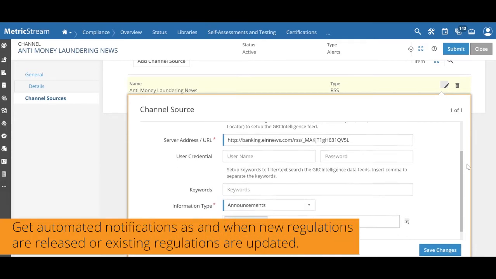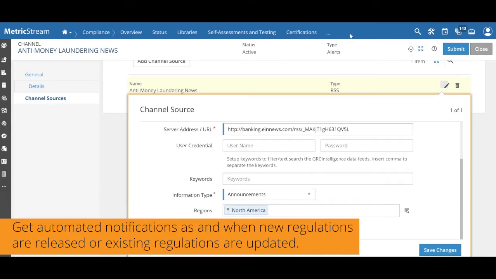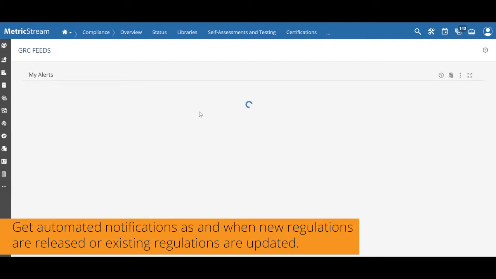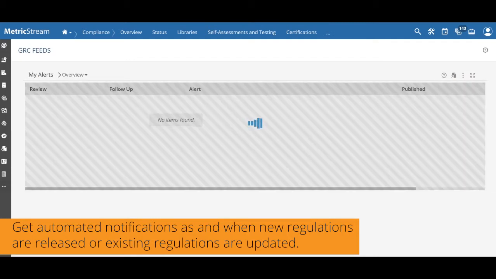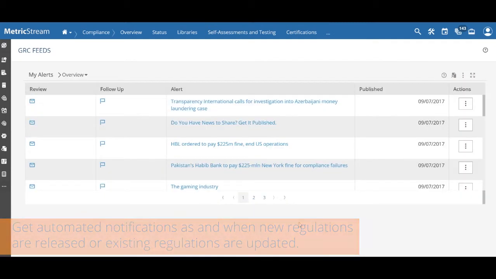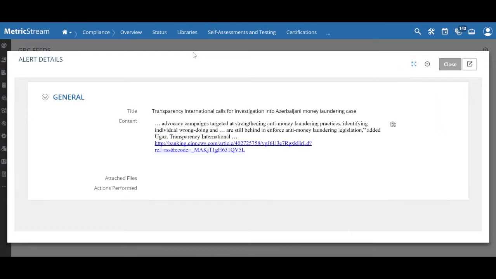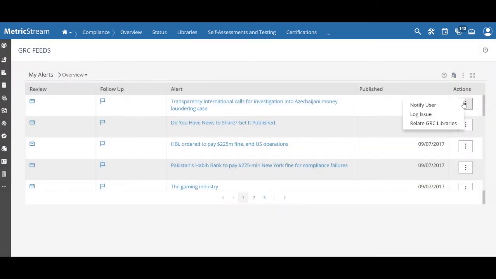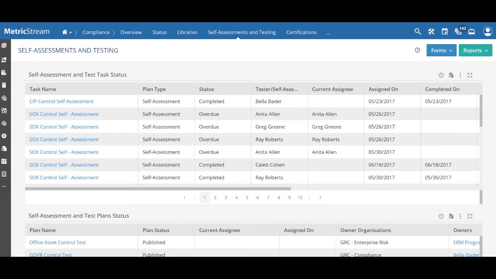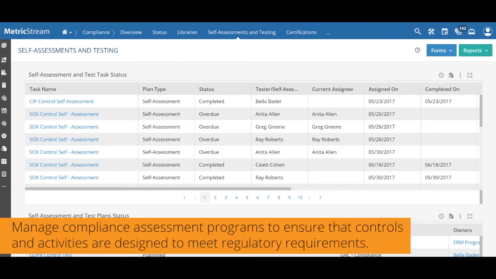The solution also provides automated notifications to concerned users as and when new regulations are released and existing regulations are updated. Authorized users can also view the details of those notifications, notify external users, log any issues, and relate to GRC library objects. The solution helps manage compliance assessment programs effectively, so as to ensure that controls and activities are designed